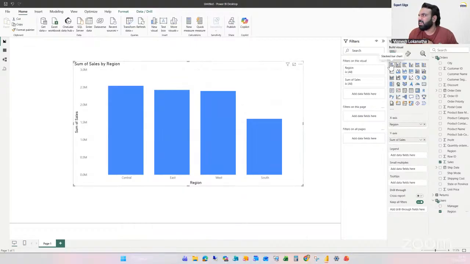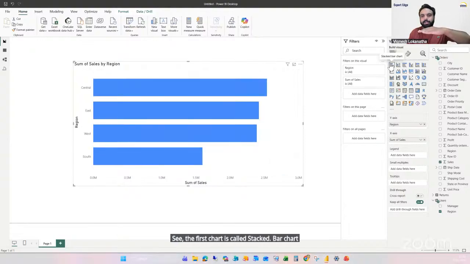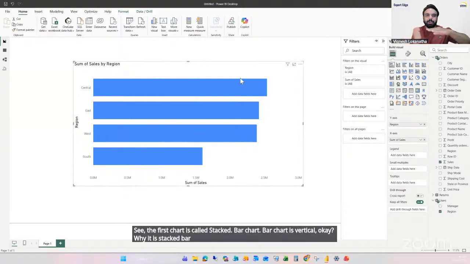See, the first chart is called stacked bar chart. Bar chart is vertical. Okay. Why is it stacked bar? What do you mean by stack? One on the other. See, I'll add